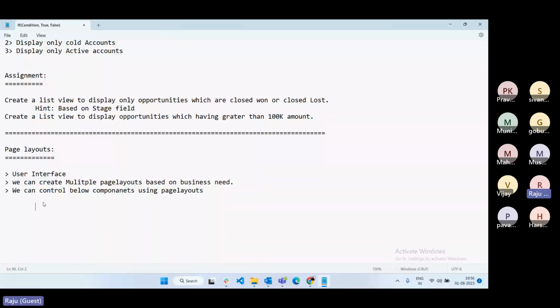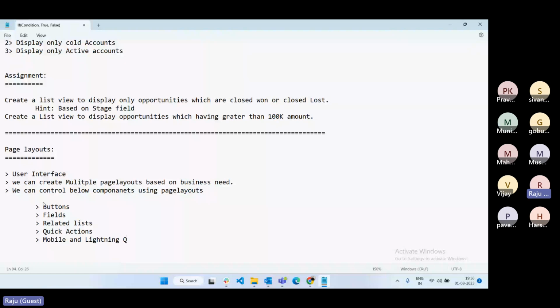What are the things we can control? Buttons we can control, fields we can control, related lists we can control, and also quick actions, and also we can control mobile and